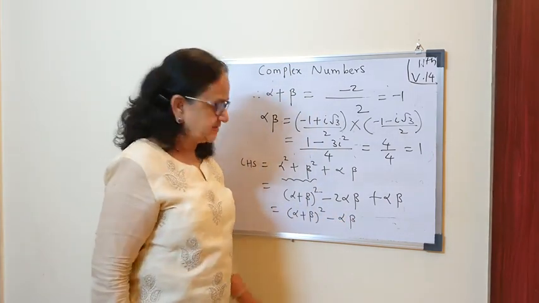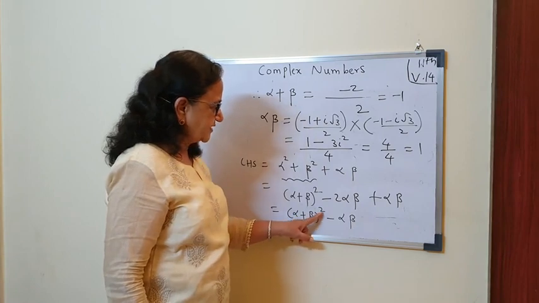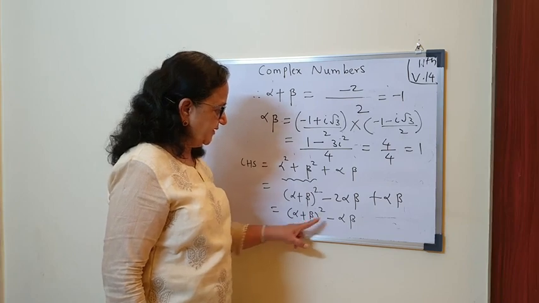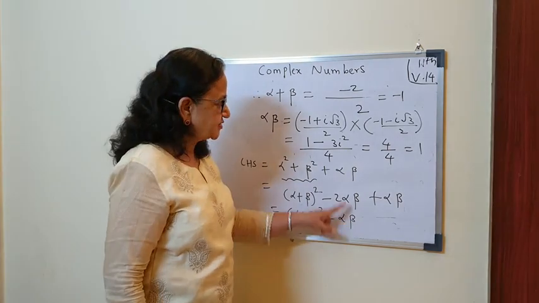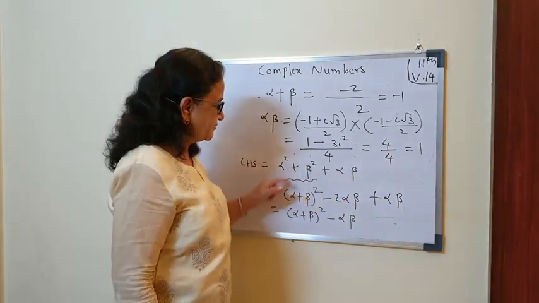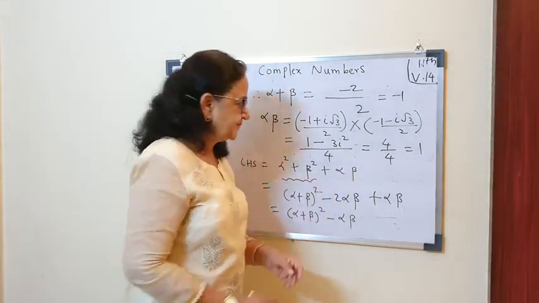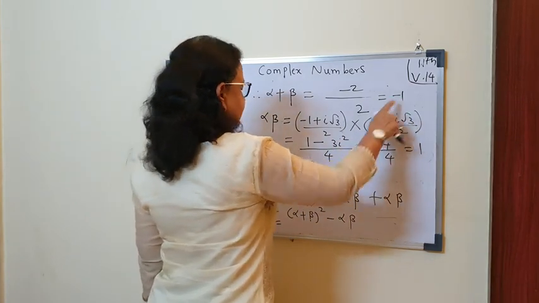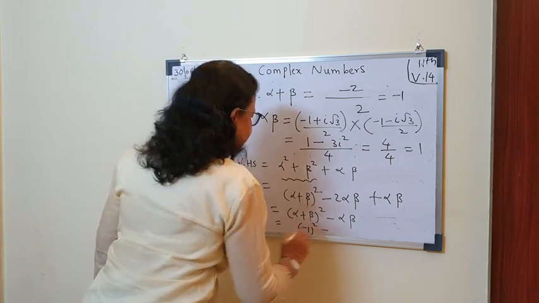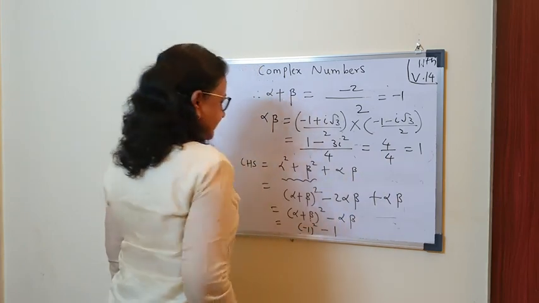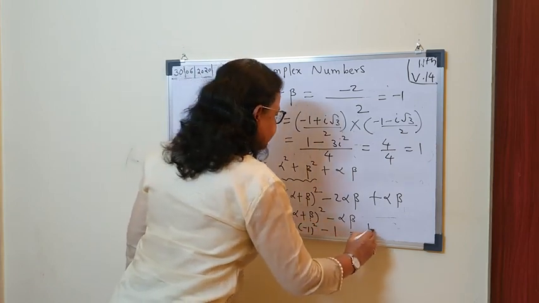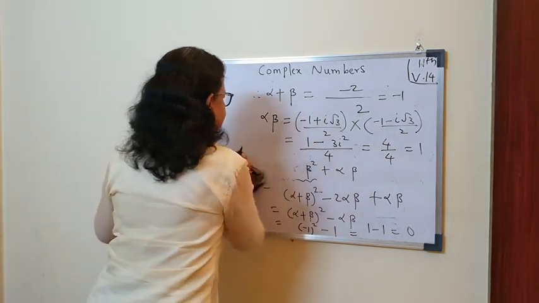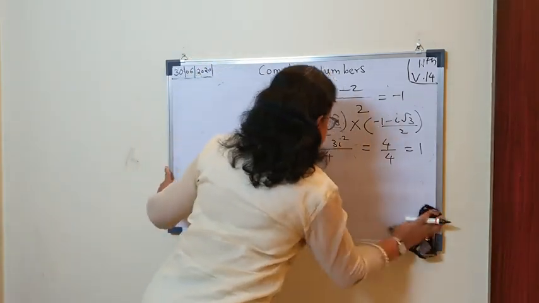Those who have any difficulty in understanding, you open this. A plus B bracket square. What do you get? Alpha square plus beta square plus 2 alpha beta and minus alpha beta. Plus 2 and minus 1 will give you plus alpha beta. So these three terms you get back after opening this. Is that okay? And now I have both the values. Alpha plus beta value was minus 1. So this is minus 1 square minus alpha beta, whose value is 1. Now square is always positive. So it is 1 minus 1, which gave me 0. So the first answer I got is 0. Okay. Then what is the second answer? For the second part.